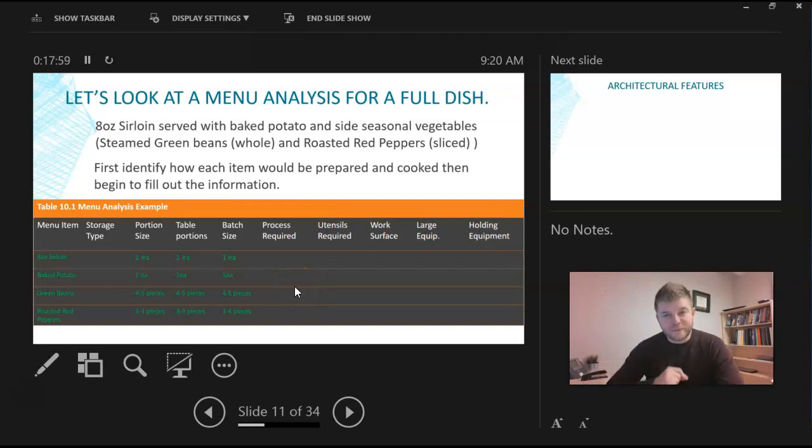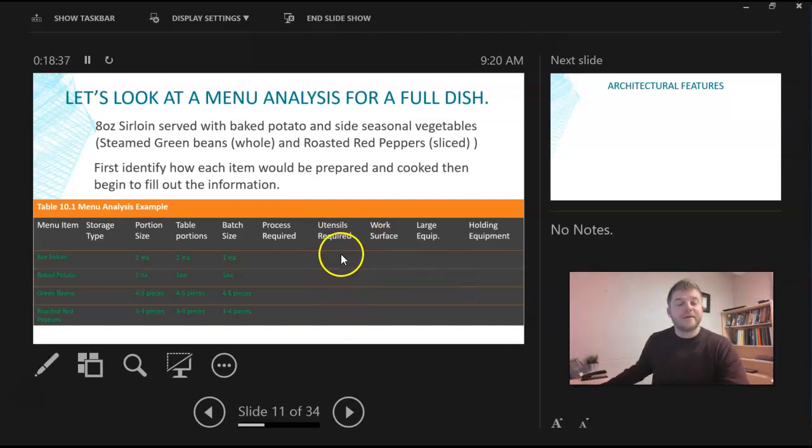What the goal of doing something like this would be is that I can do a menu analysis of all my different items that I serve in my restaurant or in my food cafeteria, whatever it is, and I can tell you exactly how many items require a fridge, a freezer, dry storage, how many items use the deep fryer, the grill, the stove, a saute pan, how many items need to stay in a hot warming oven or a hot holding area or a cold holding area, and really break down a menu based on equipment requirement